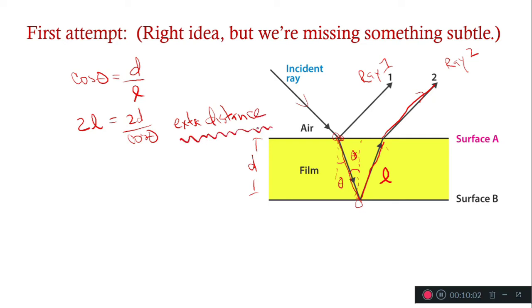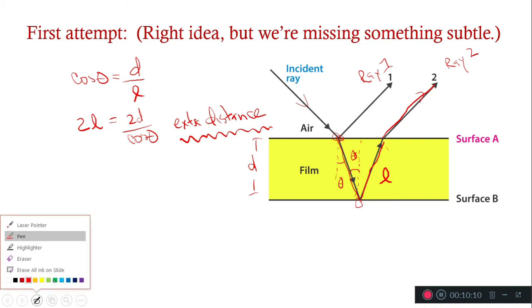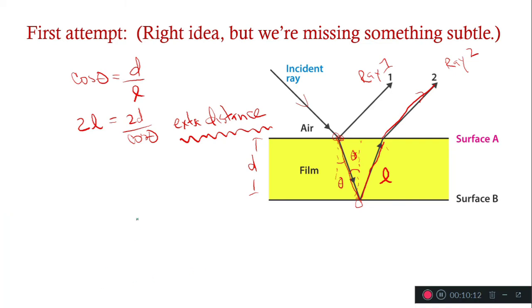And what you compare this to is essentially the d sine theta in the Young's double slit experiment. So really, honestly, that's kind of all we need, because now we can write down a condition. We have the extra distance that this thing has traveled, and if we'll just call it 2L, is equal to m lambda for m equals 0,